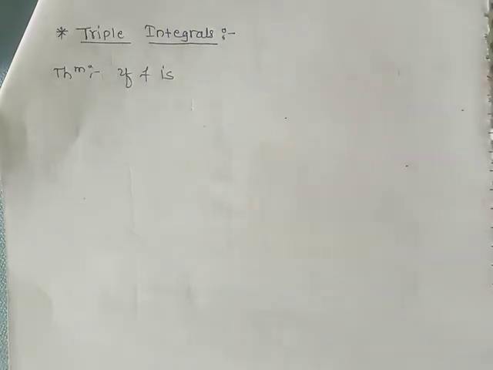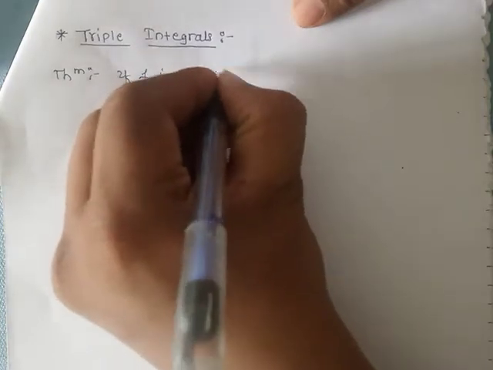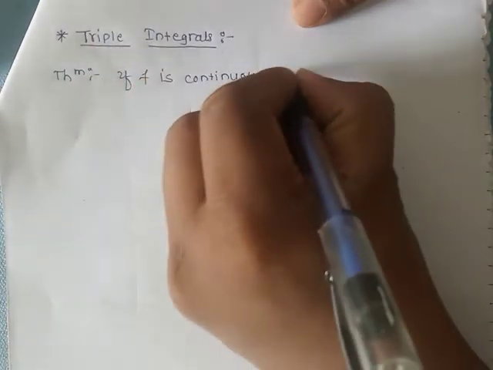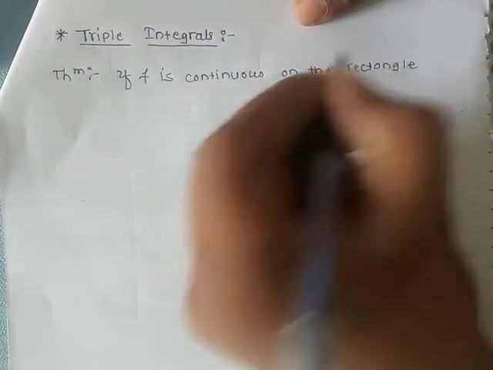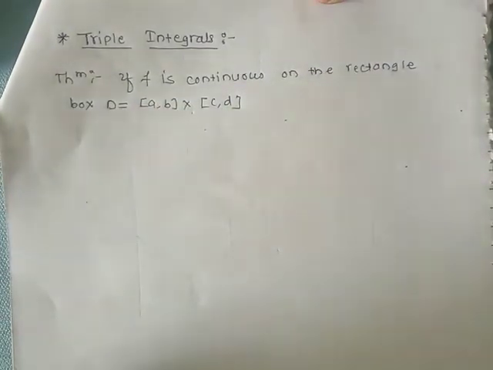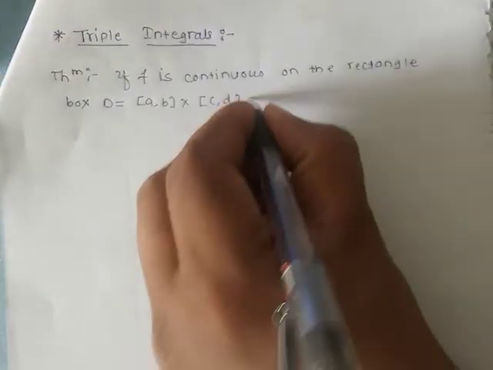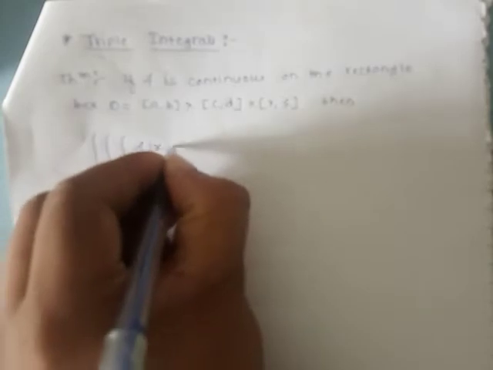Triple integration. It means if f is continuous on the rectangle box [a, b] cross [c, d] cross [r, s], then the triple integration of f of x, y, z